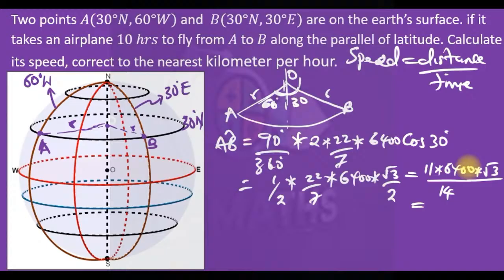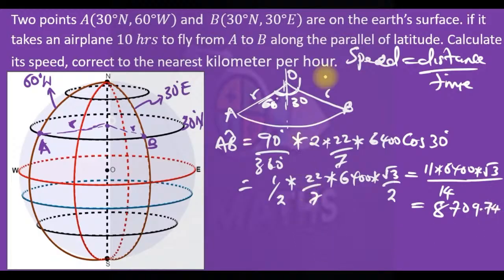We have 11 times 6,400 times root 3 divided by 14. So we have 8,709.74